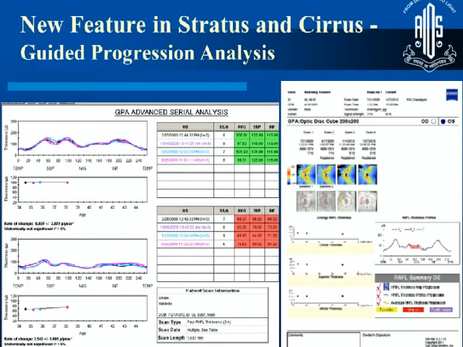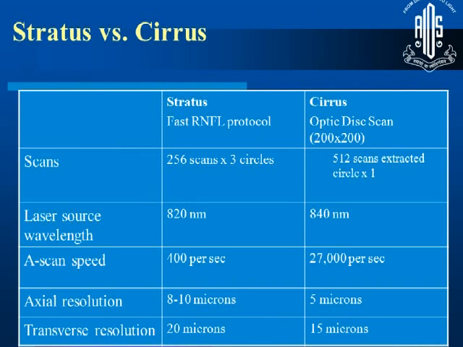It's a guided analysis over a period of time, where the Stratus could only give you a slope. Over 5 years, it only gives you time points and color codes the scans, and it gives you a slope, but it doesn't show significance. The Cirrus, on the other hand, has a little more robust progression analysis protocol, but that is still to be seen because you need about 5 to 10 years to detect the progression. So, to summarize, these are just the main differences.